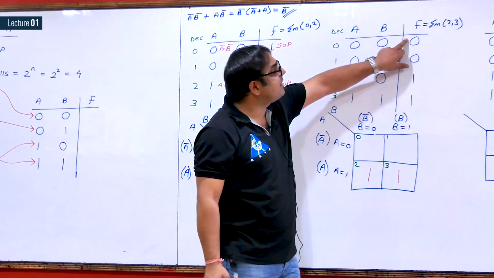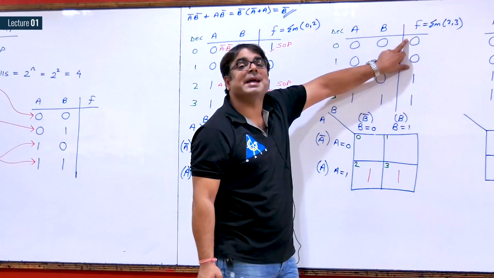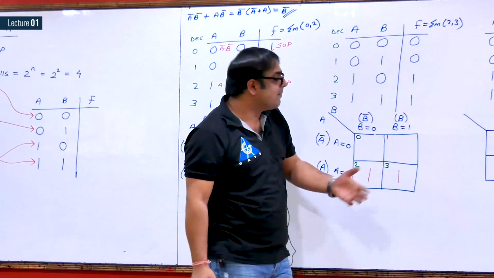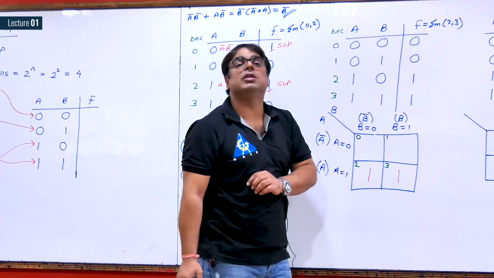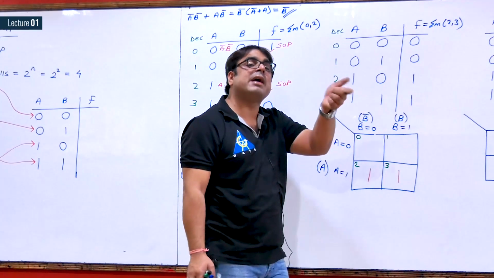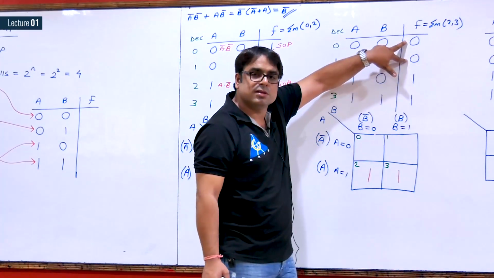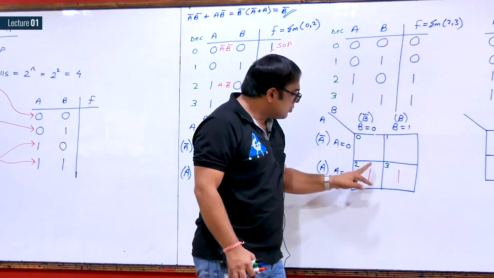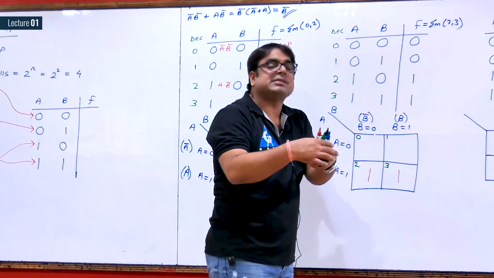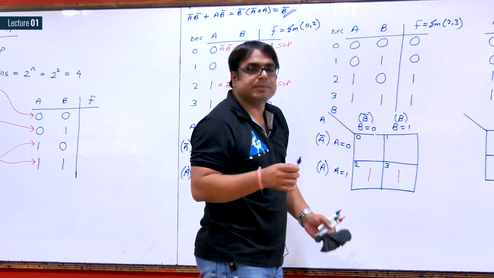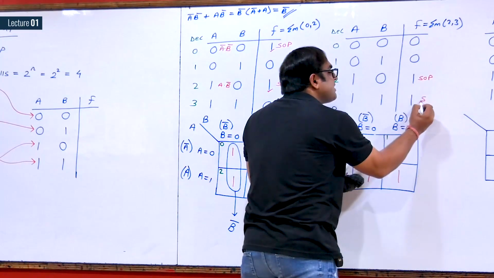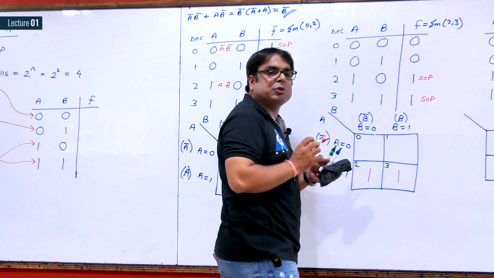Why am I not considering these two? Because they are max terms. I am solving for SOP for the time being, and for SOP I need to consider only min terms. Later on I will discuss POS, and at that time I will target max terms. Now see, the first step is I will try using Boolean algebra. For SOP I need to target 1 in the output column.